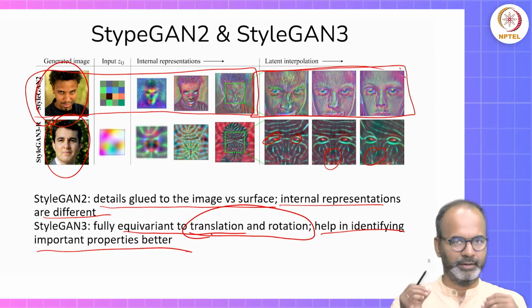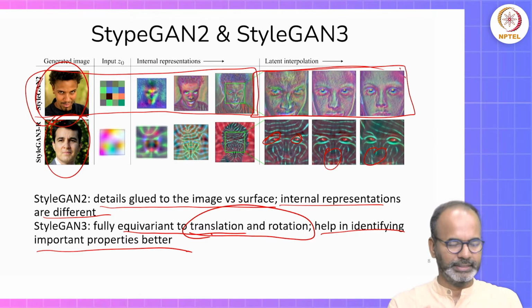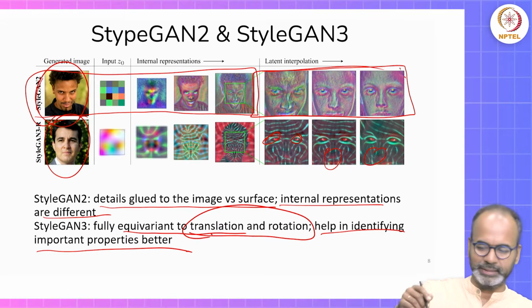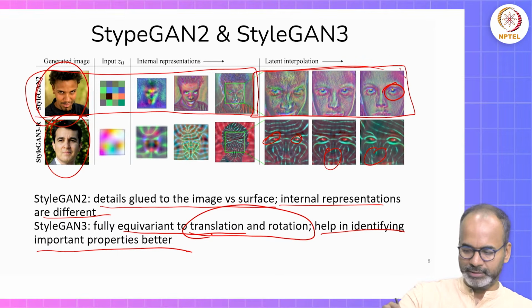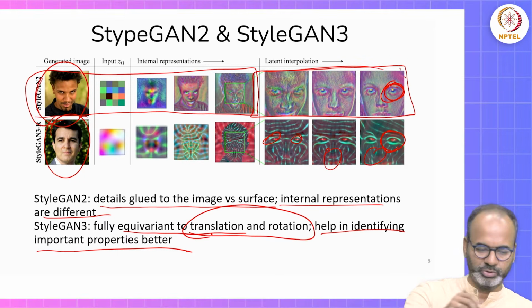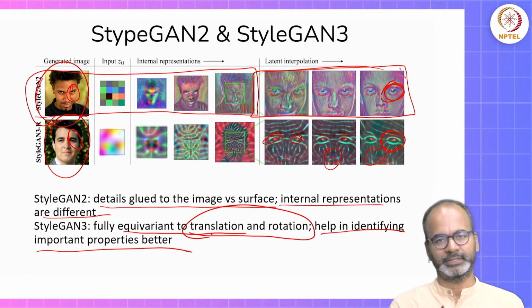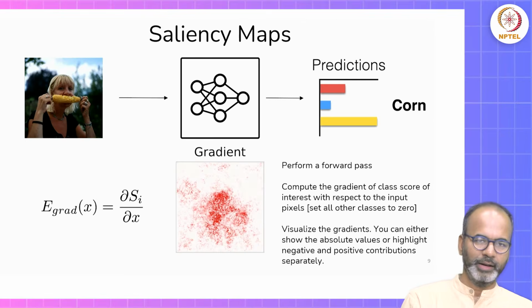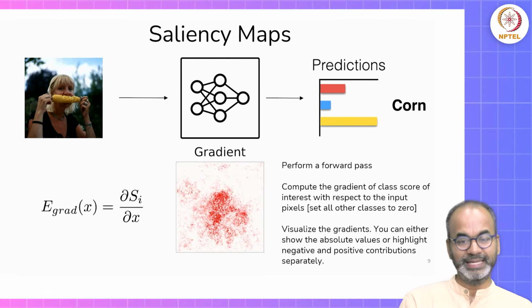Okay, again, why are we seeing this here? We are seeing this because it is providing you, it is helping us to understand, look, this part of the image is what is being used to decide that the eye is here. That's what is in the context of transparency, that's what is in the context of pixel attribution method. Now let's look at saliency maps.